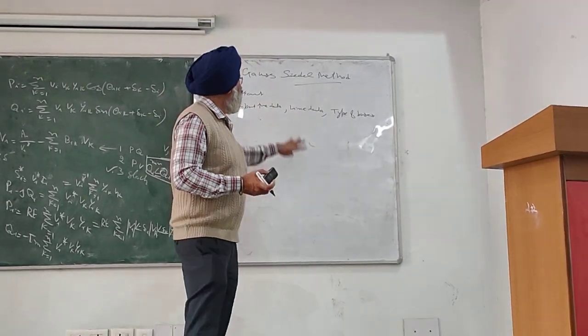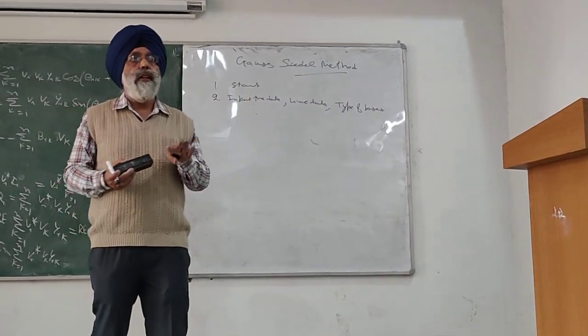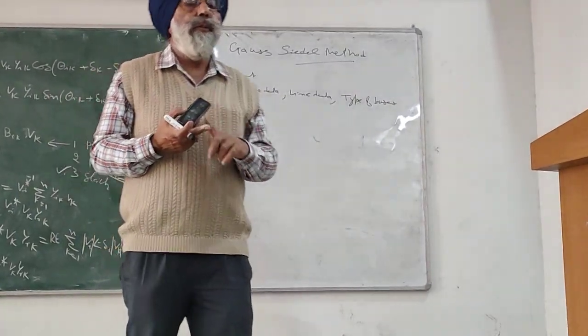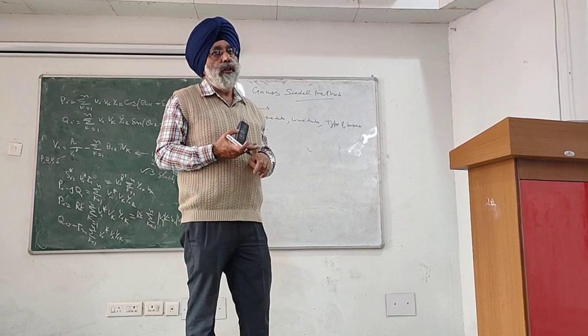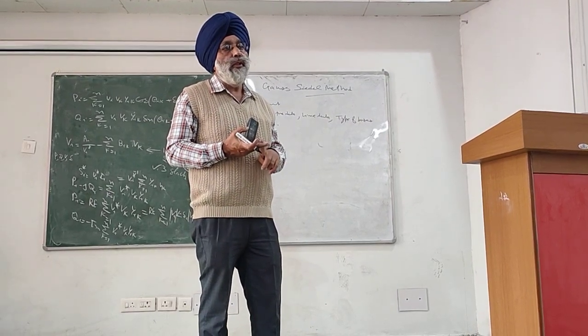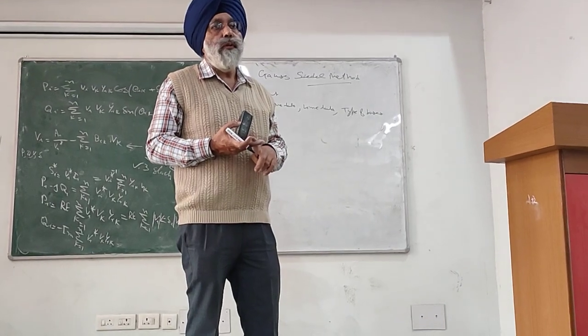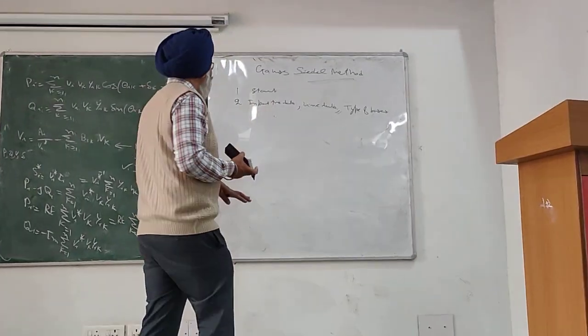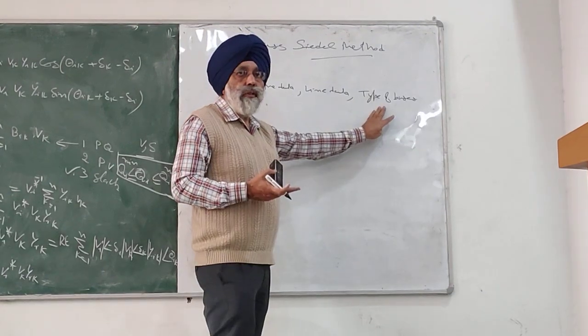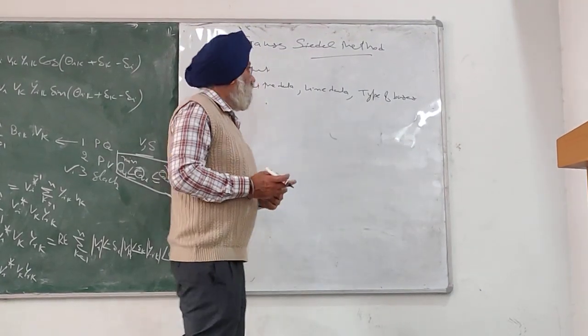Initially, for the simplification, we are considering that all the buses except the slack bus are of the PQ type. In case one, we are assuming that the system is having only the PQ type of buses. So line data, type of the buses we have, then the convergence,